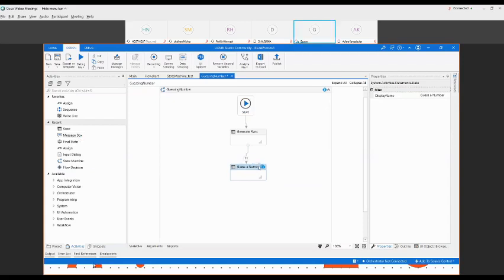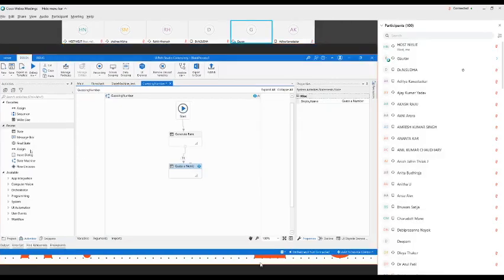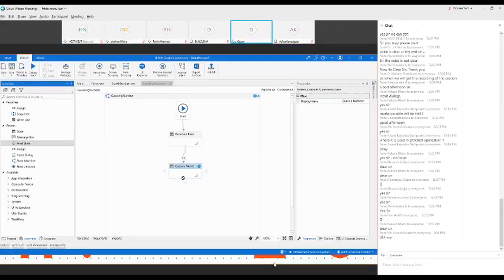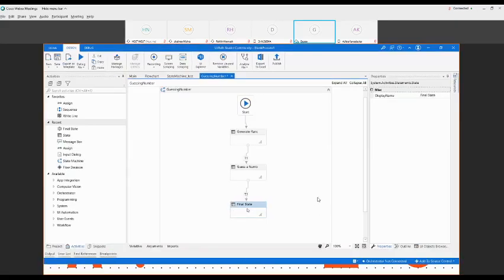After guessing a number, we have to see if the number is correct. Then we have to go to the final state. So we can add a final state. Okay. Final state means we have guessed the correct number. I can use a name like correct answer of final execution.